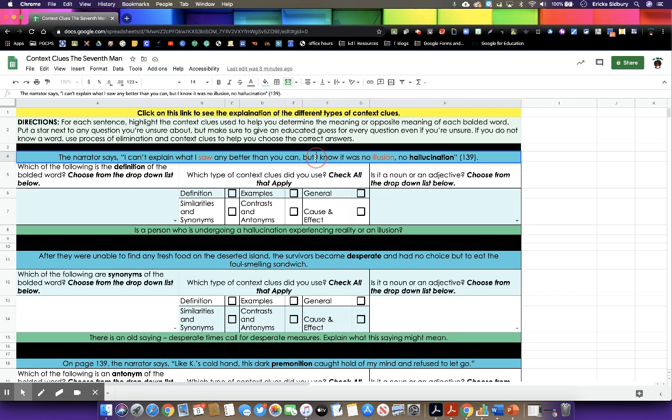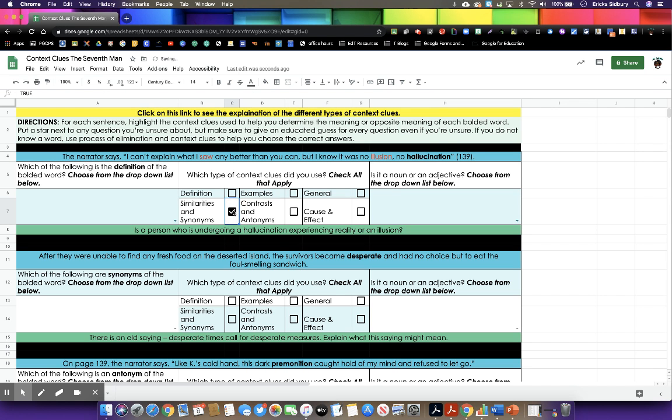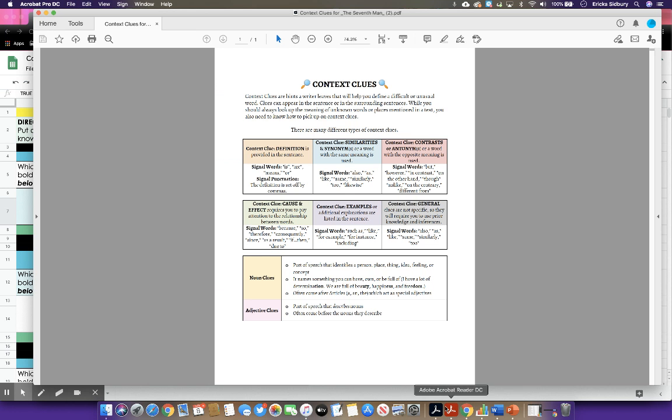Now, these two words, what kind of context clues are they? Are they definitions? Are they examples? Are they cause and effect, contrasts and antonyms, or similarities and synonyms? I know illusion is a synonym for hallucination. So I'm going to click that. Do I have a definition? Do I have an example? Do I have contrast? So again, if I can't remember what these mean, I go back to my context clues